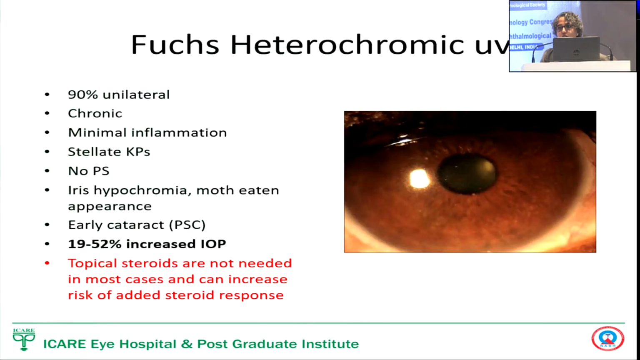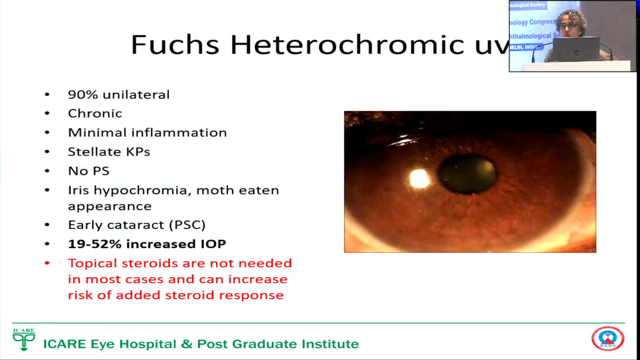Fuchs heterochromic uveitis can again have an incidence of glaucoma. The important message in Fuchs is that when you see only mild inflammation in such eyes, you don't need to give them steroids to treat that. There's enough evidence published in the literature that these eyes do not require steroids if the inflammation